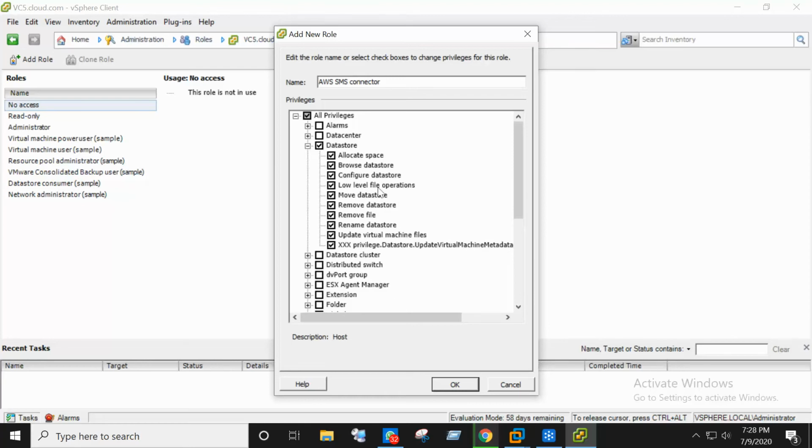These privileges will change from one version to another. If you're checking 6.0, 6.5 or 6.7, these features will differ.